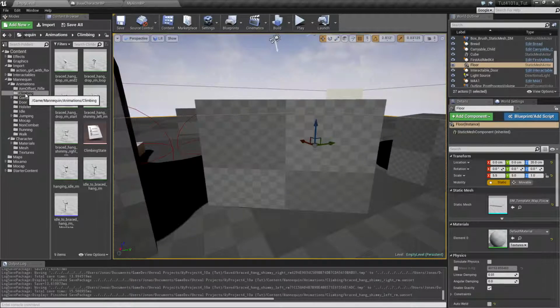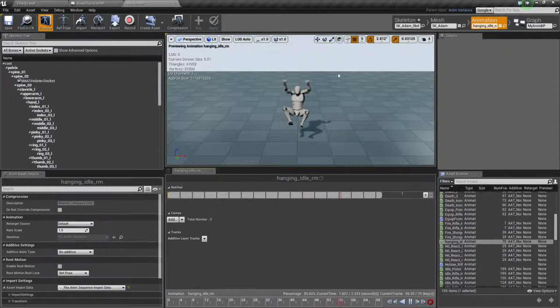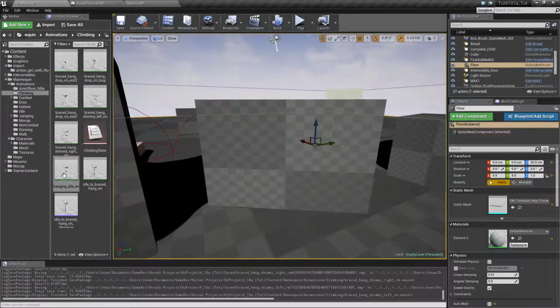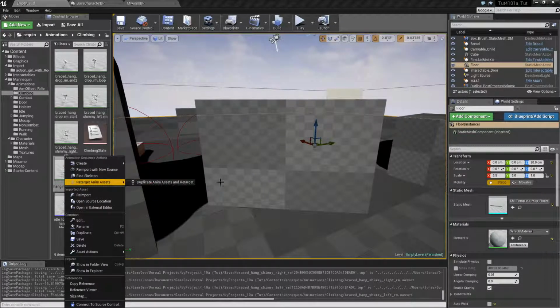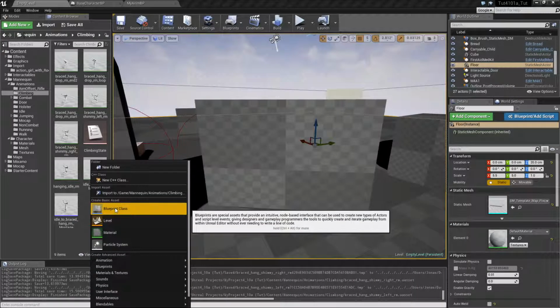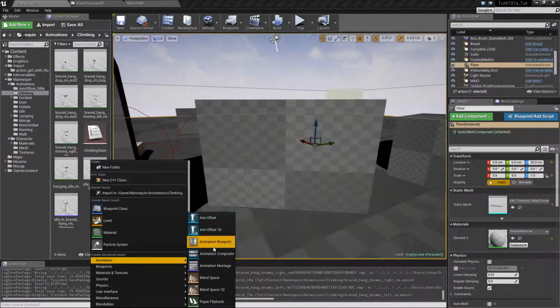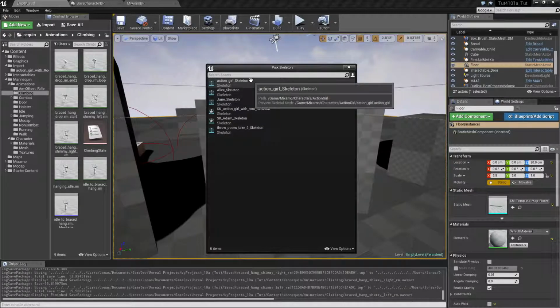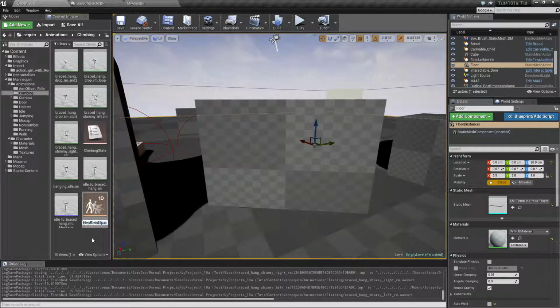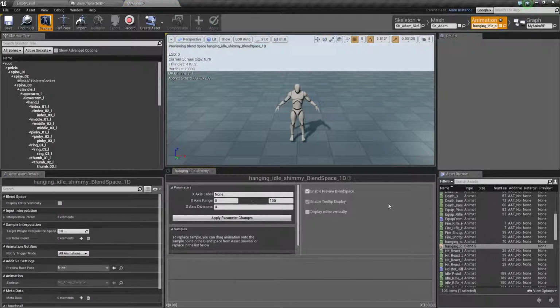One thing is that we have this hang loop, hang idle state, this one. And I want to just replace this one with a blend space. So right click out here, say animation, blend space 1D. It's going to be okay, and we want to select the SK Atom skeleton and call this the for hanging idle shimmy blend space 1D. That's a hell of a long name. I should learn to make shorter names, I think. So anyway,